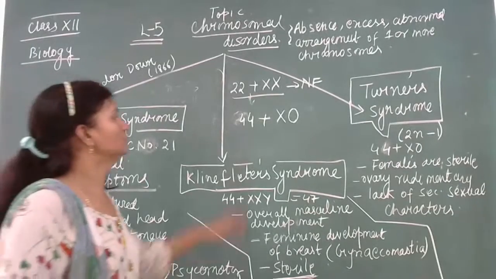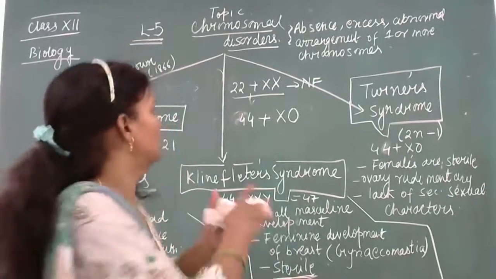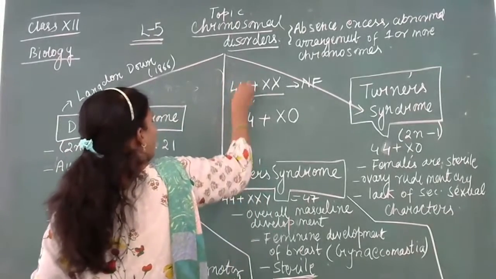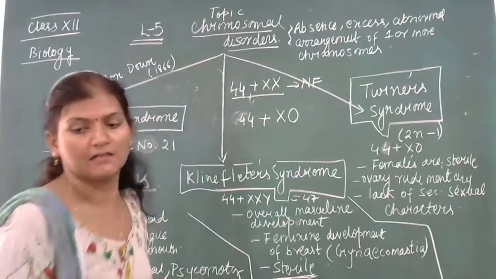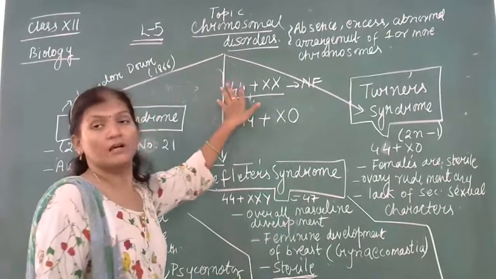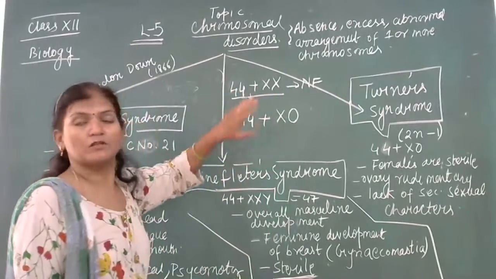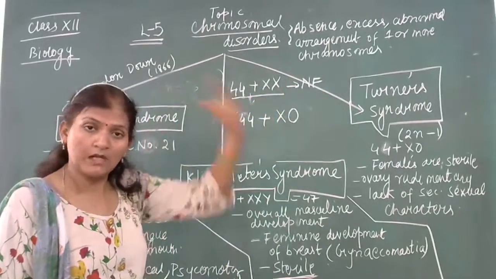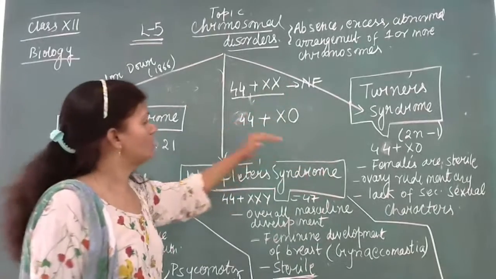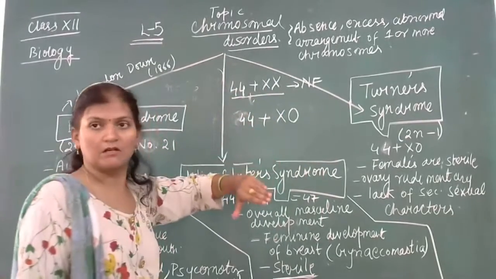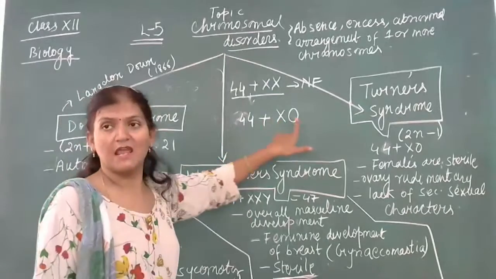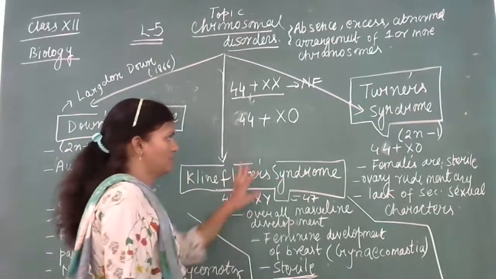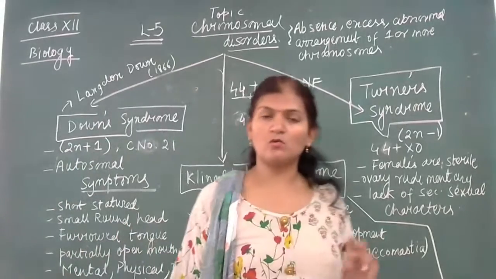Okay. And here also the normal will have what? 44 plus XX, that I forgot to write, that is actually a paired one. Therefore, 44 will be the total number of autosomes and XX will be the 23rd pair. Okay. So if I write it here in a similar manner, it will be 44 plus X0. Okay. Now when it is 44 plus X0, it means the two X chromosomes, when a zygote